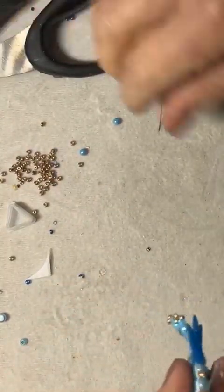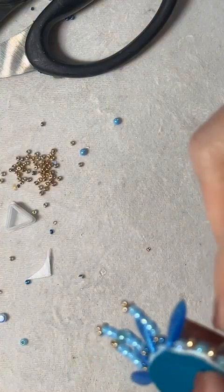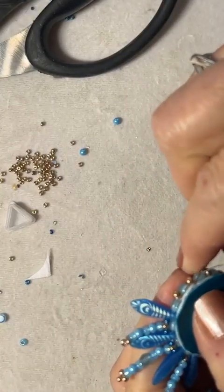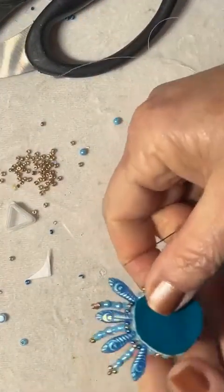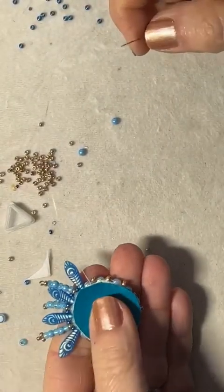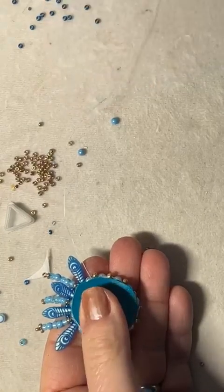Now I want to do a nice edge here. So I'm just going to run my thread. Let me come back here. I want to try and start doing this somewhere around here, around the bottom. So bead embroidery back stitch is a really great stitch for finishing off beadwork. I like to use demi rounds often when I do this, but for this thing I think I'm going to do